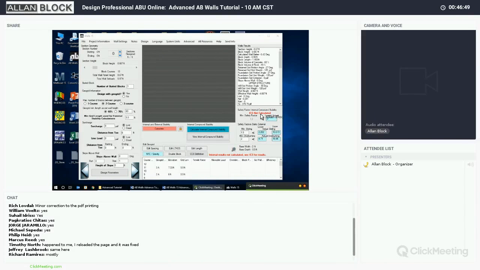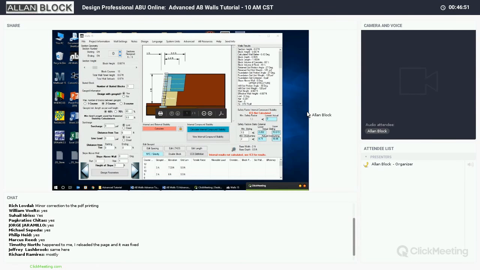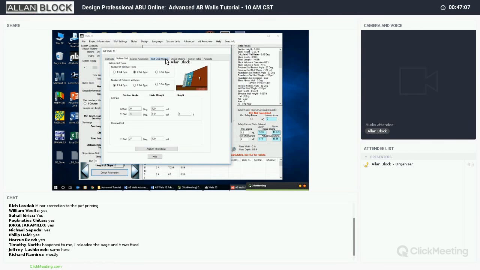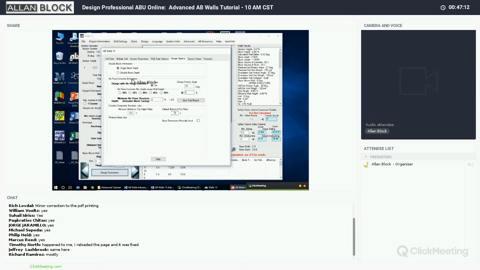So I hit OK. It's going to give me that result. And notice that 3 feet didn't work. It had to be 3.8 feet at a minimum based on that 60% rule. And where that's coming into play, in fact, we got it at 70%. You go to the design parameters. This is where that alternate reinforcement comes into play, these design options here. No fines concrete, if you ever just want to do a simple design, and we will here shortly,